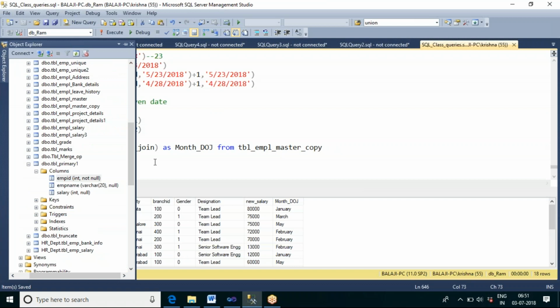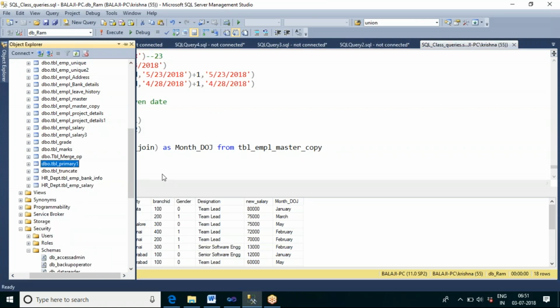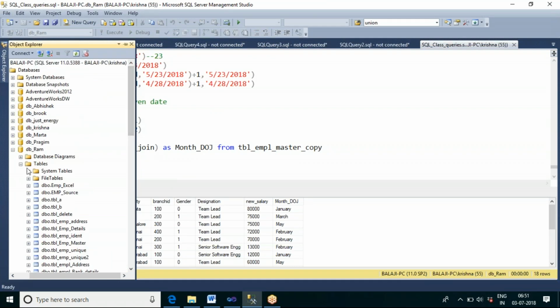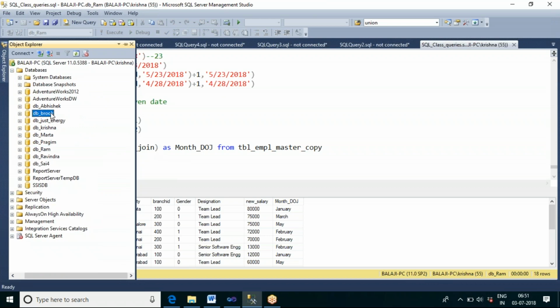So let me go to our database. We are connecting to DBBrook now. Let me connect our database.